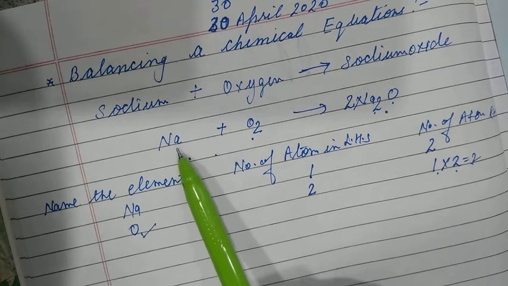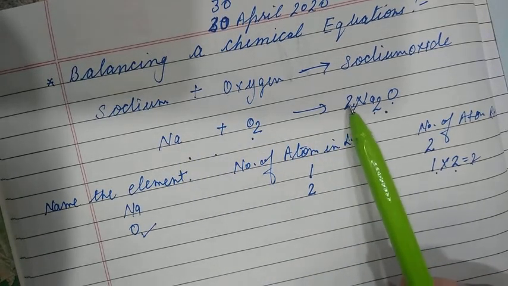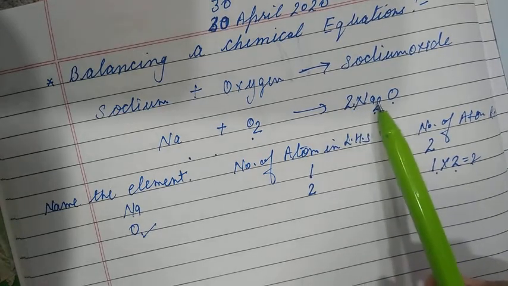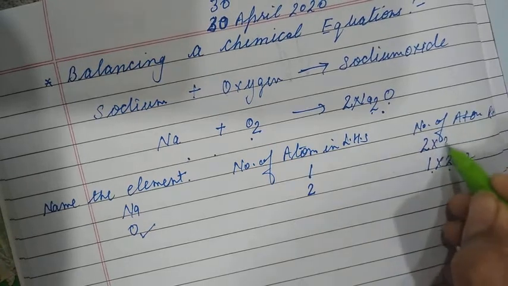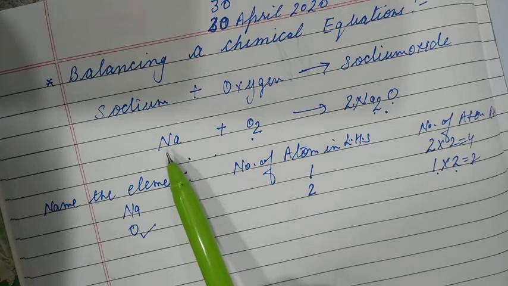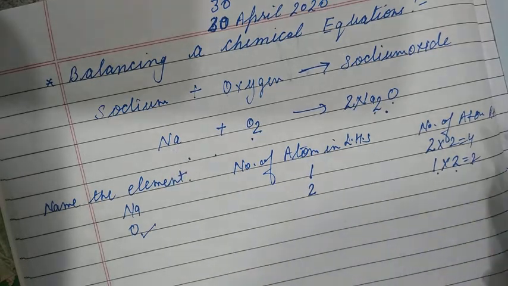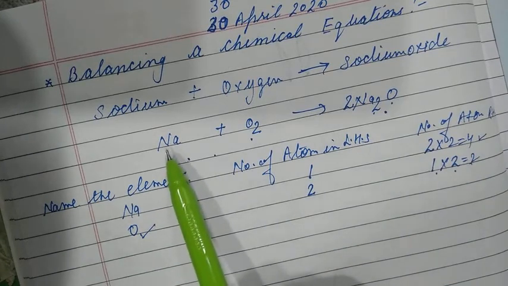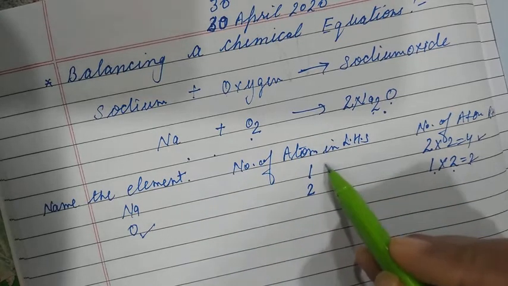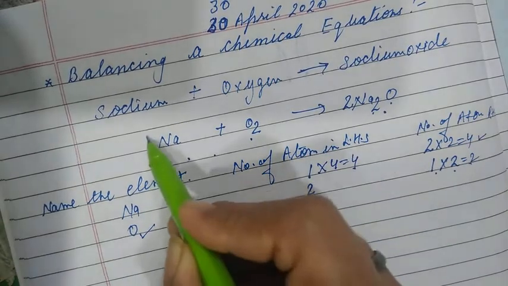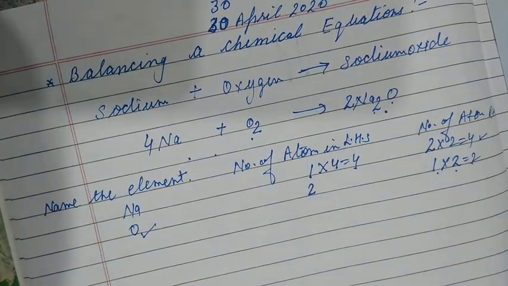Now students, we will see the atoms of sodium. Here there is 1. Listen, students, you will multiply 2 by 2 to get 4. Here there is 4, but you will see that here there is only 1. So what will we do? Till now there is only one atom of sodium, so we multiply 1 by 4. So we will write the 4. Understand? So this is the balance.